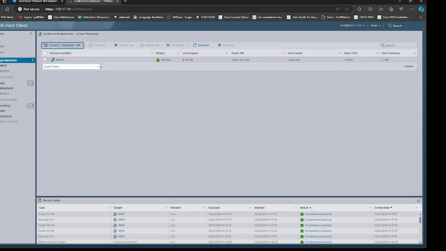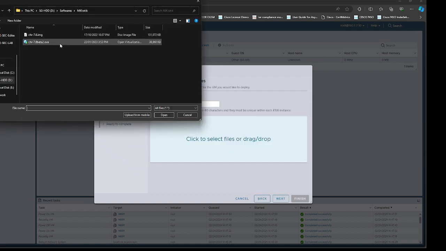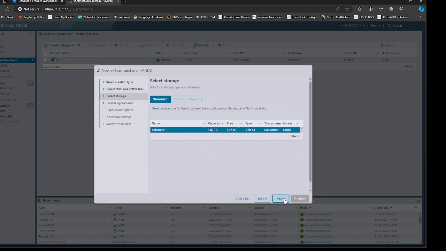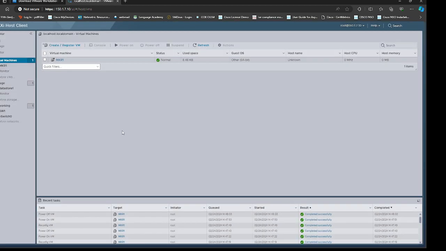Let's go ahead, create a new virtual machine, select the OVA file, next, next, and I will select this one and I will name it mkr2. MikroTik router 2, click on next. Same datastore, thin, I don't want to power on. Connecting to the network, so I will say connect to the default for now. And I'm not powering on the virtual machine because I have only one adapter. I want 4 adapters. So click on next and finish.